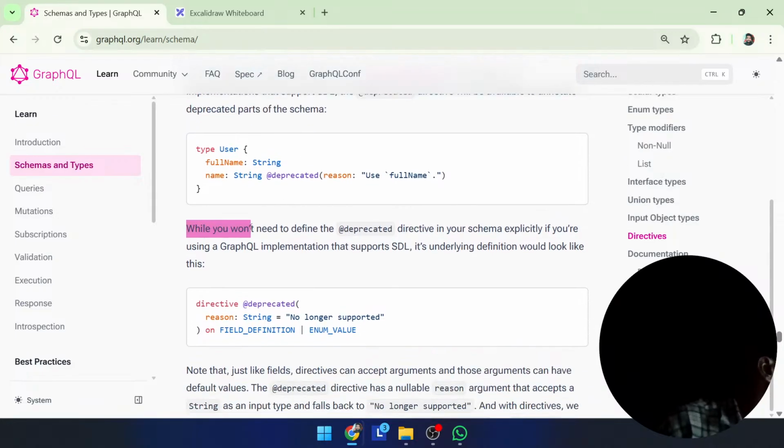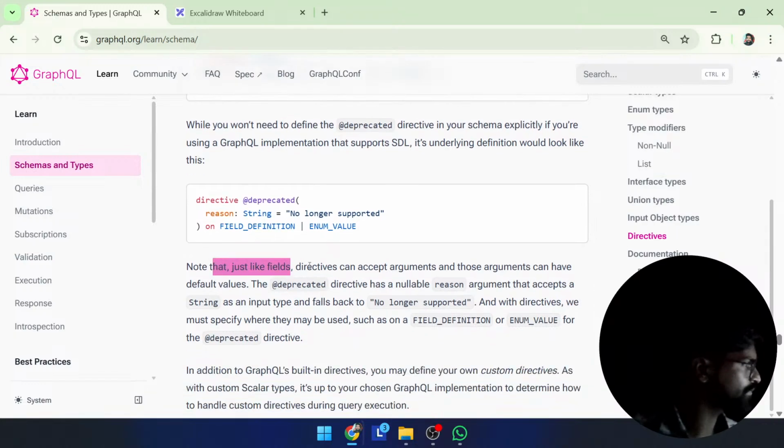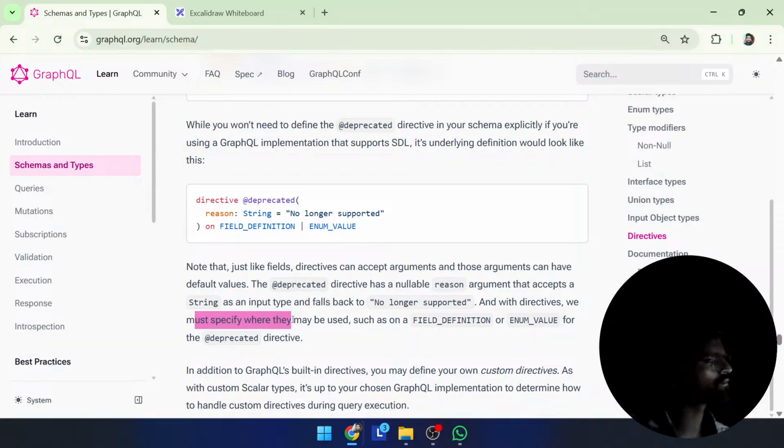Simple. Why would you want to define the @deprecated directive in your schema explicitly? You can define it also. Its underlying definition would look like this. Note that just like fields, directives can accept arguments, and those arguments can have default values. The deprecated directive has a nullable reason argument that accepts a string as an input and falls back to the default, no longer supported. And with the directive, we must specify where it may be used, such as a field definition or